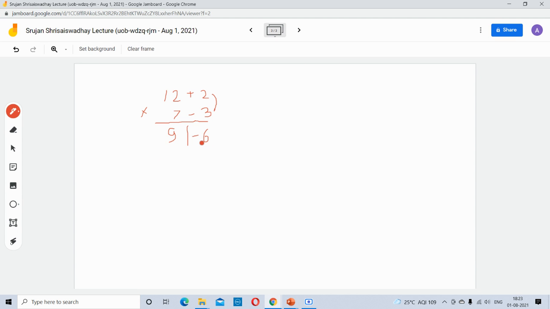But minus sign 9 minus 6, that is not the correct answer. So what I'm going to do here, I'm going to convert this into 10 minus 6, and I'm going to put a bar over this, and I'm going to reduce it by 1. So that comes out to be 8, and answer is 4. So 12 sevens are 84. So this is how you'll be getting the answer for one positive number and one negative number, or one number greater than the base number and one number less than the base number. So this is how you can solve it.